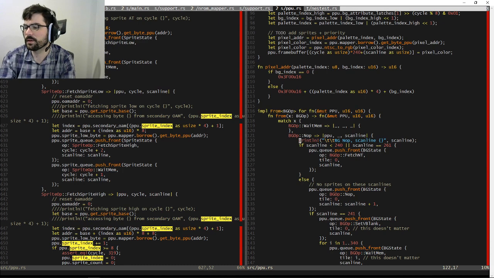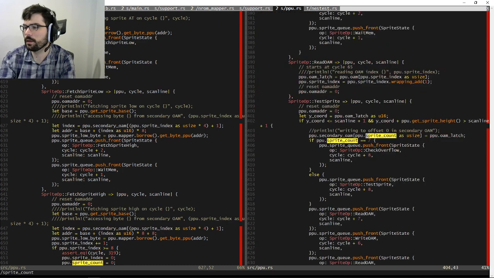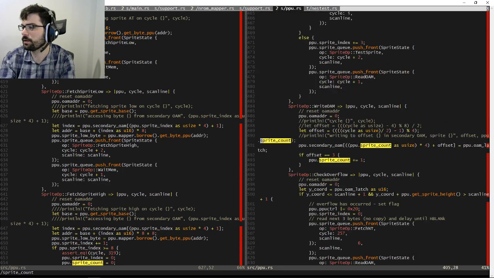I think I also have a sprite count thing, and that's probably what's supposed to be called there. Except that the offset thing doesn't make any sense. That's right, I remember now.